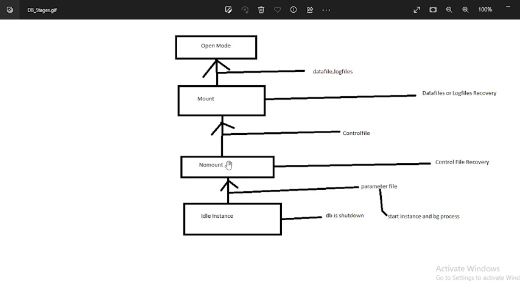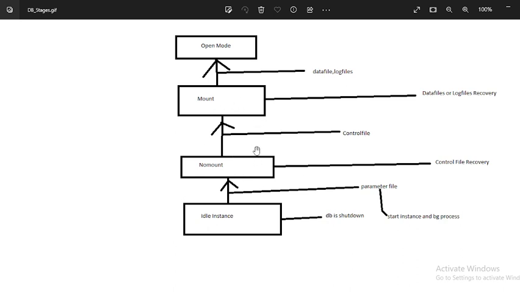So already I have explained all those things. When it goes from idle to nomount, what will it look for? And when your database goes from nomount to mount stage, at that time it will look for the control file. If everything is fine from the control file side, then it will easily go to the mount stage.